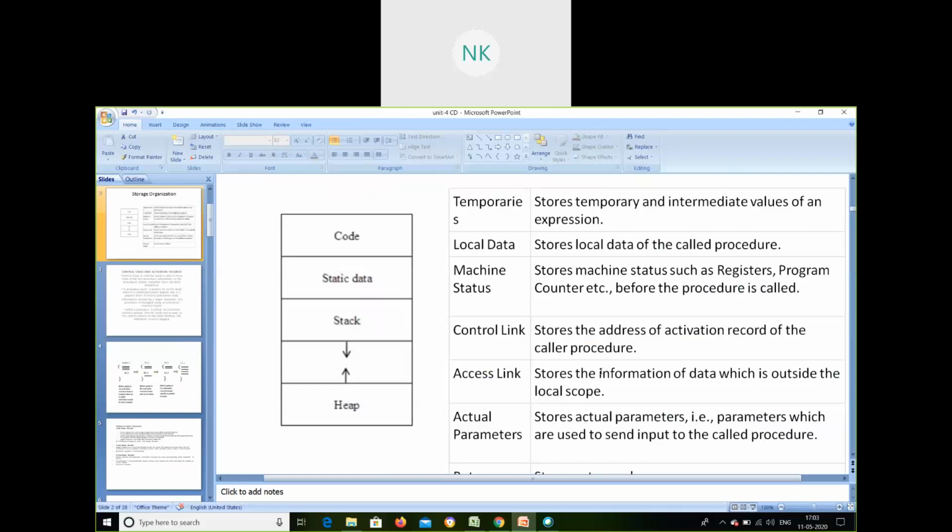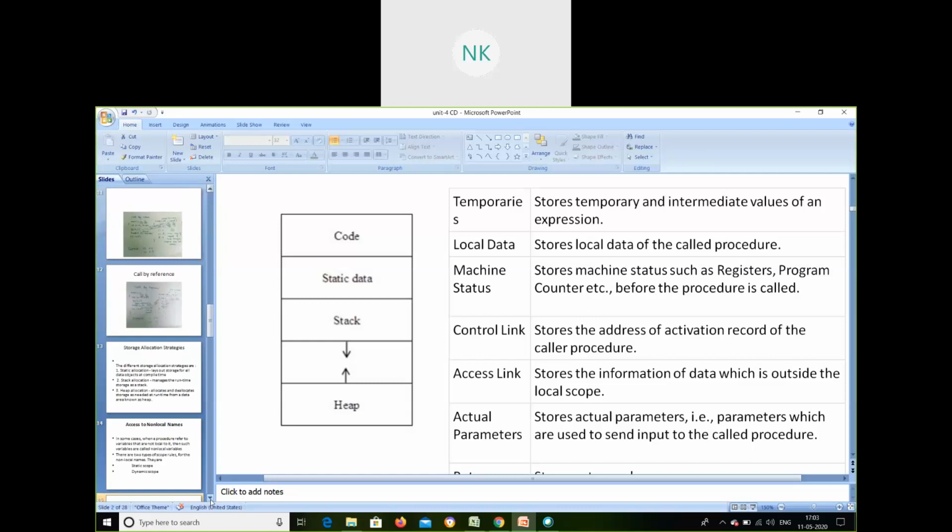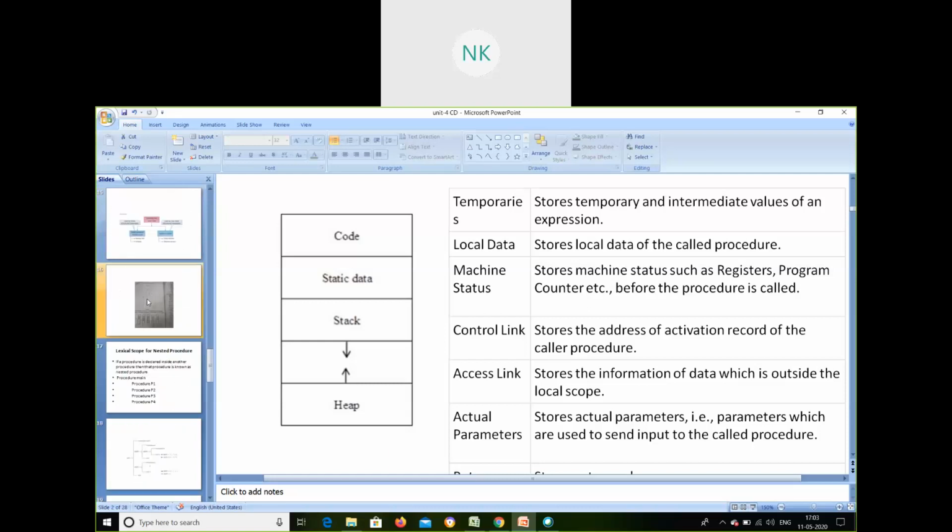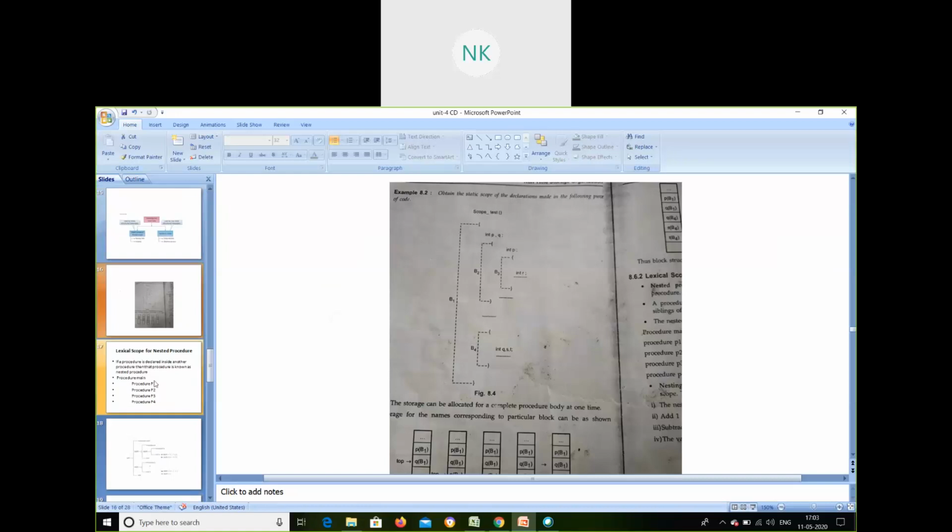The access link stores the information of data which is outside the local scope, which is not inside the local scope. You call it as access link, that we have discussed earlier. So I'm skipping that. If you want, you can go through it once so that you will understand. All right, so this is how it will be created.